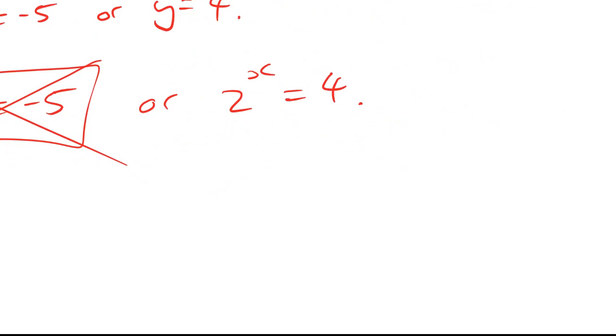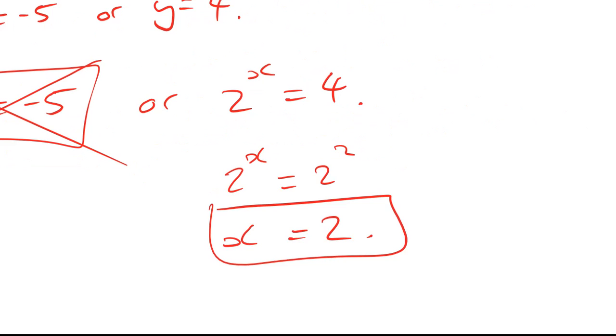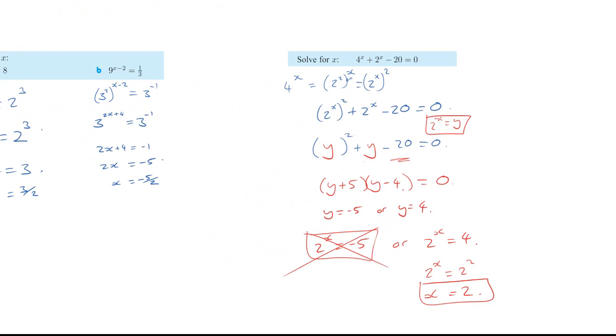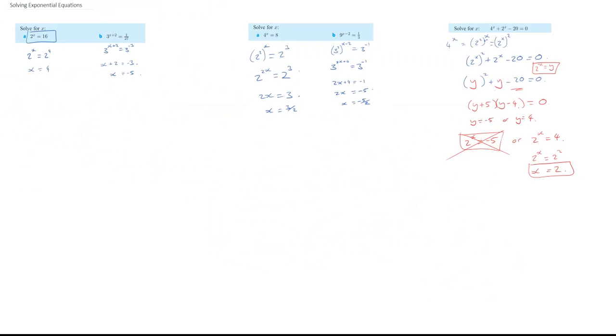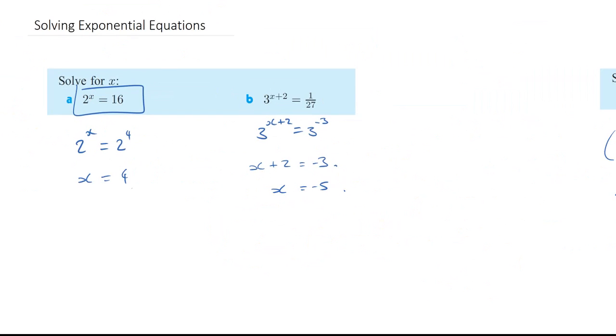However, this one works. What are we going to have? Well, 2 to the x equals 2 squared, because 4 is 2 squared, which means we can drop those bases again. And we find that the solution to that equation was x is equal to 2. Okay, hopefully this has given you some understanding of how you can solve some exponential